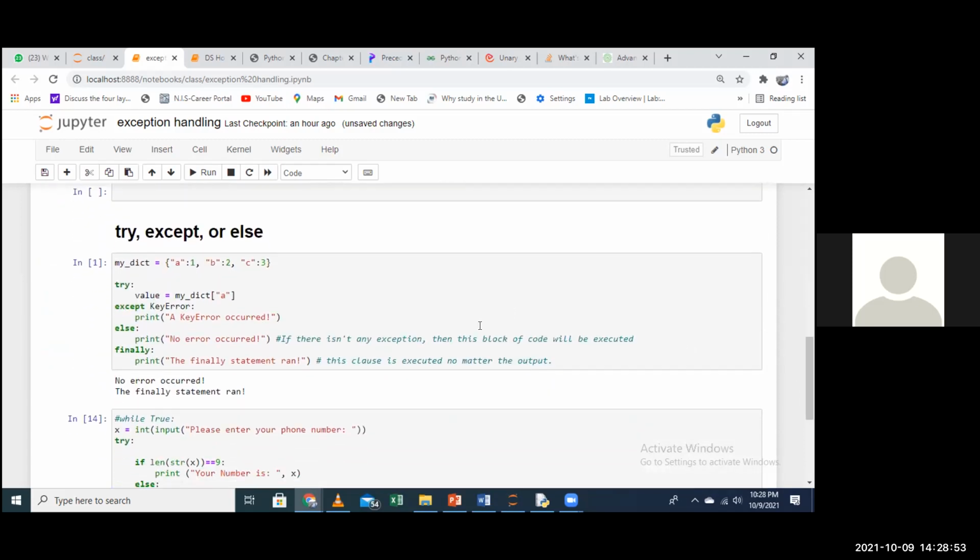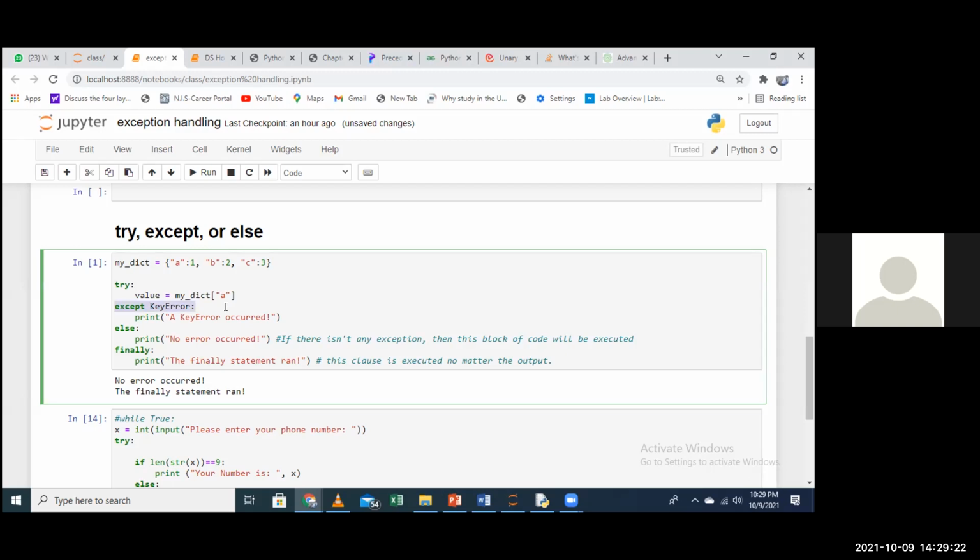So with the exception, the same way in our previous session, I was talking about sequencing, selection, and iteration. You can use exception with if and else, the same way. In this case, what we do here is I'm trying to access the first item of my dictionary, except if there is a key error.